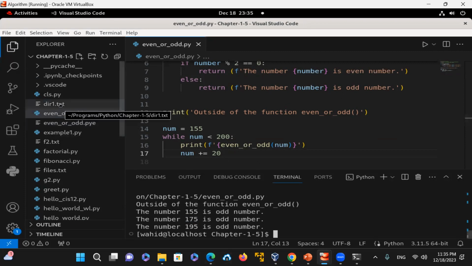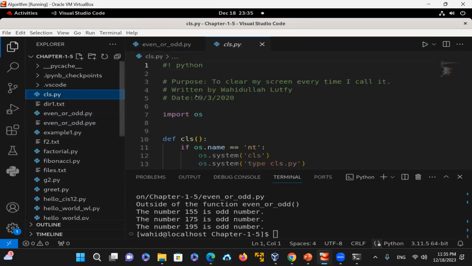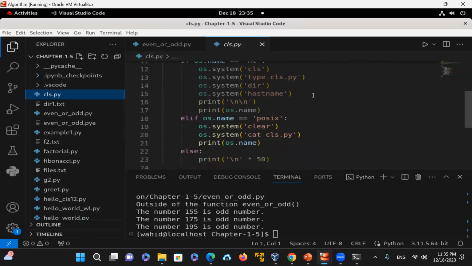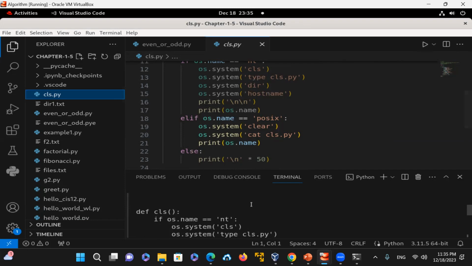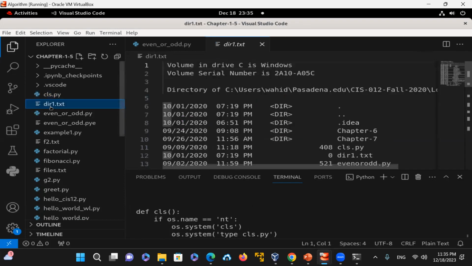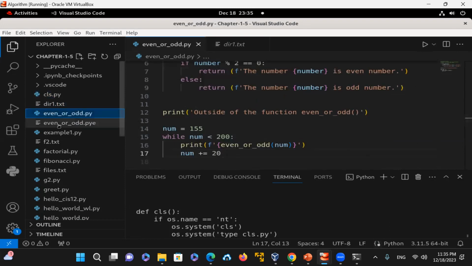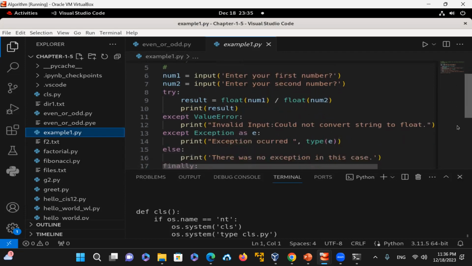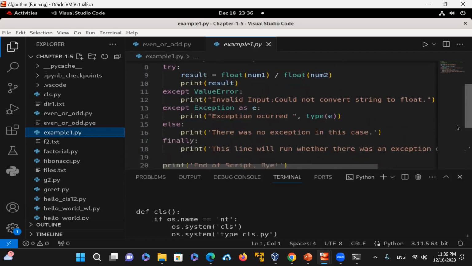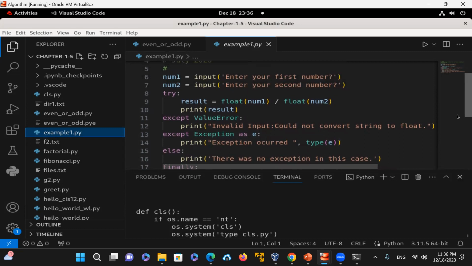That is one example. Let's look at another one for clearing the screen. We ran this one already. You can run this one, and you see that the output is shown based on the commands that we do. The next program that we could look at is example 1.py. Let's see, what is this one? This says enter the first number, enter the second number, then it's going to run them, and then it is going to